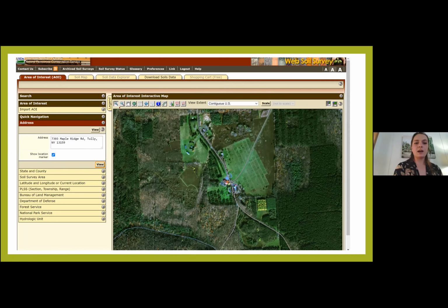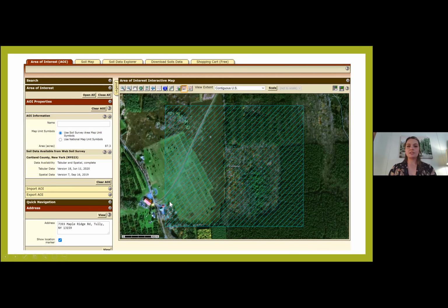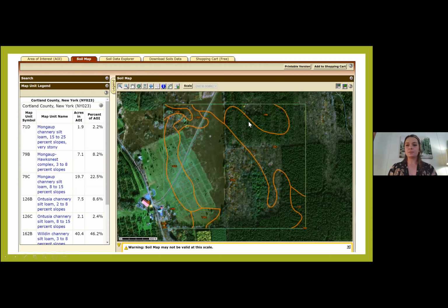So if you want to zoom in or zoom out right here, move around, that's great. But I really want you to focus on the AOIs. That stands for area of interest. So these little buttons, you're going to click and then you're going to drag it and make a square. I want to look right there. And this is what it's going to look like. So it's zoomed in. We have this square, and then you're going to go up to these tabs. These tabs are going to tell you anything you want to know about these soils pretty much. I went to soil map. And you can see it's splitting up the soils by the type of soil they are. And over here, these units represent the map symbols. This biggest chunk is the one I want to look at. So I'm going to click right here, and it's going to give me